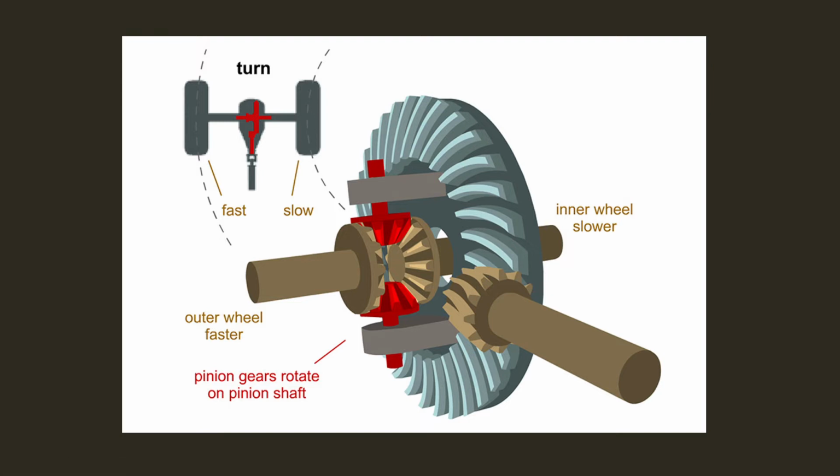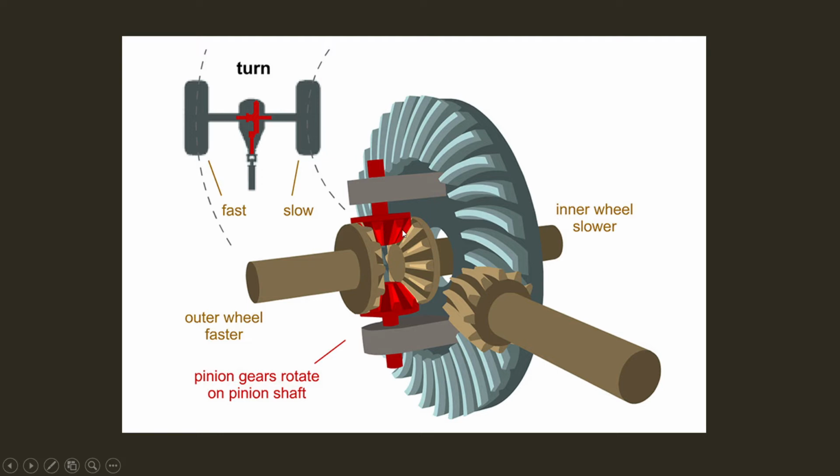The first part is a pinion mounted at the end of the output shaft from the transmission system, which meshes with a crown wheel of a large number of teeth at 90 degrees. Then the crown wheel has a casing which is an integral part of the crown wheel, and to that casing two pinion gears are mounted on a shaft. These two pinion gears have a specialty that they can rotate along with the casing, and they can rotate on their own axis.